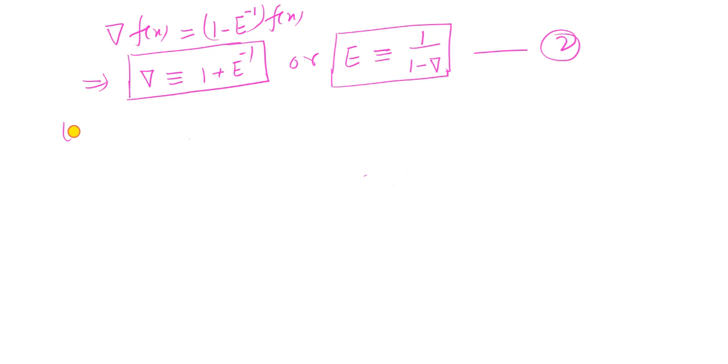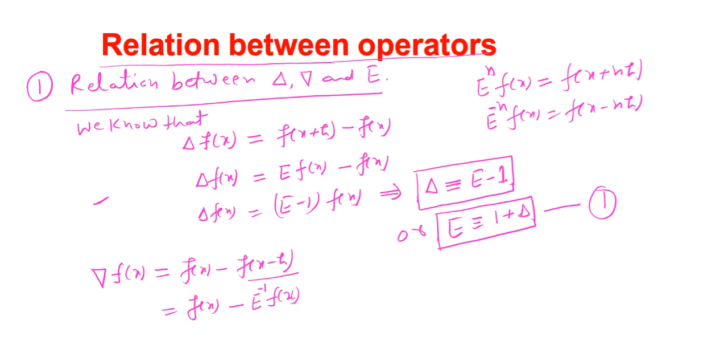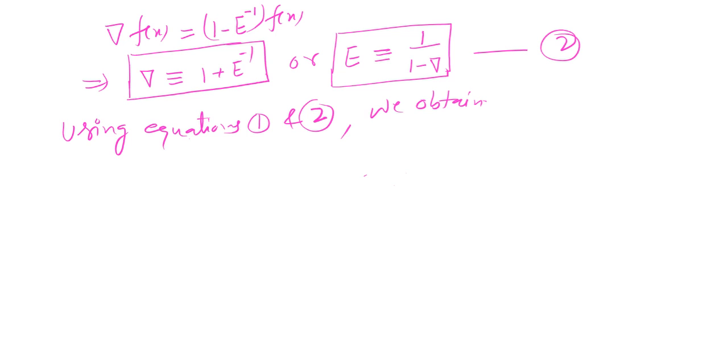Now using equations 1 and 2, so we obtain, because in the equation 1 E is equal to 1 plus forward difference operator del, and in equation 2 E is equal to 1 upon 1 minus backward difference operator del. So we obtain 1 plus forward difference operator del is equal to 1 upon 1 minus backward difference operator del, or after the simplification we obtain